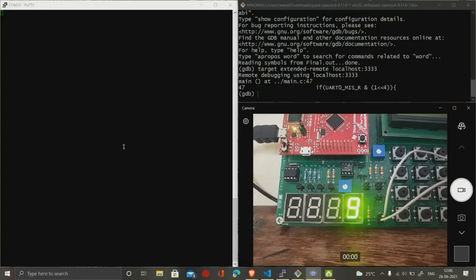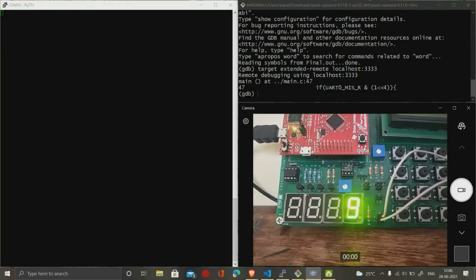In this video, I'm going to demonstrate some of the functionalities of our debug program. First I will explain the basic setup. In this setup, this is a PuTTY GW terminal which runs GDB, which is connected to an OpenOCD localhost.